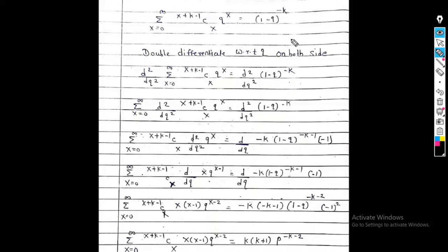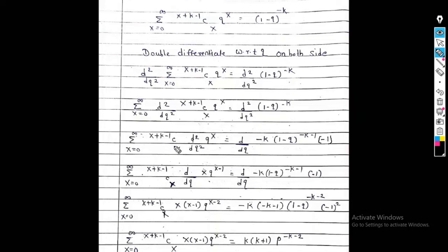Double differentiate this equation with respect to q on both sides. We get d square by dq square summation x equal to 0 to infinity x plus k minus 1 Cx q raised to x is equal to d square by dq square 1 minus q raised to minus k. Summation is constant, so we can take it out from differentiation. We get summation x equal to 0 to infinity d square by dq square x plus k minus 1 Cx q raised to x is equal to d square by dq square 1 minus q raised to minus k. X plus k minus 1 Cx is also constant, so we get summation x equal to 0 to infinity